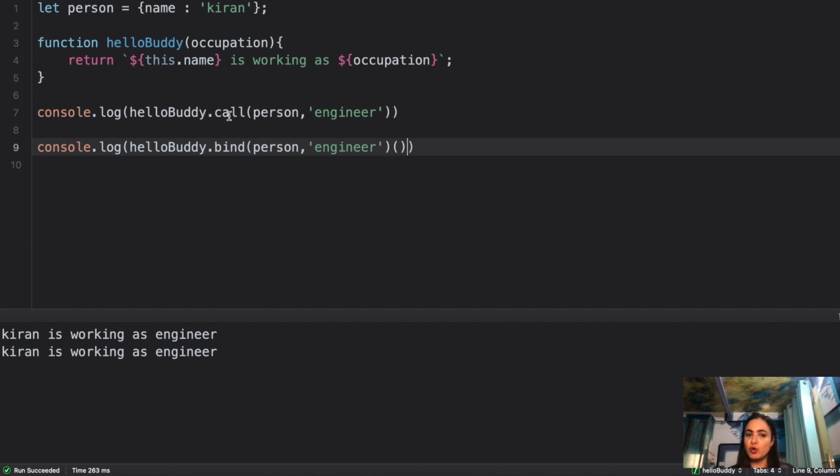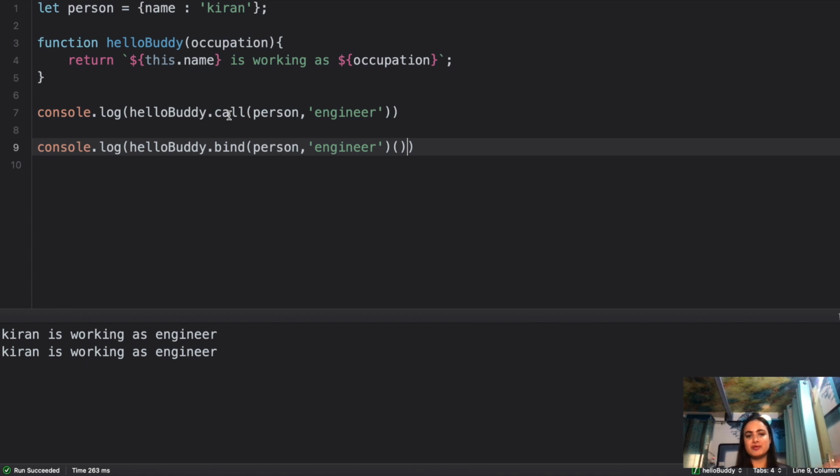If you guys have not watched my video on implementing bind, I'll provide a link somewhere here. You can check that out. Very, very important question to understand the difference between call, bind, and apply, and how these actually work in JavaScript. But if asked in an output related form, then this is how it can be asked.